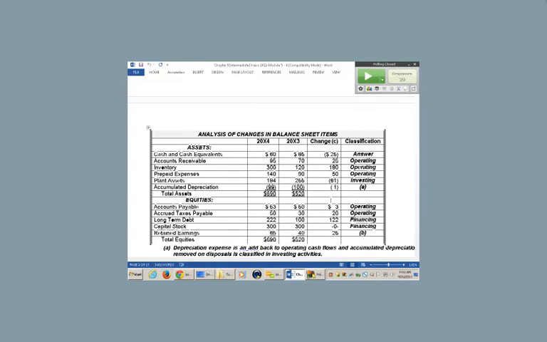So once again, these items, the investing activities, are going to result in more analysis. These are gross change accounts. You just can't accept the net change. So what I've seen people do is take that change and say, okay, plant assets went down by 61. So in investing activities, I'm going to put down that I got $61 in cash from selling that asset, which is absolutely wrong. So you have to break that up.